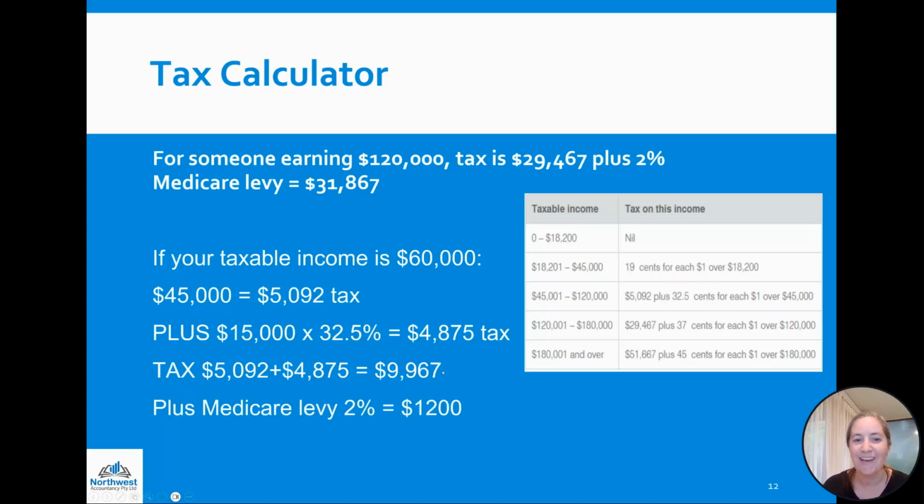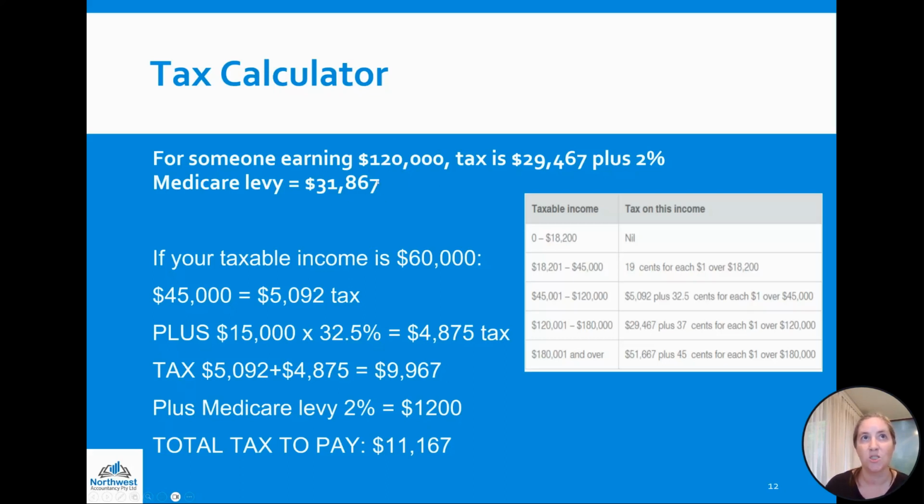Then we add the Medicare levy. So 2% of $60,000 is $1,200. And so if your taxable income is $60,000, you would pay tax of $11,167. Now, the way the tax brackets work is this first person earning $120,000, the total amount of tax they're